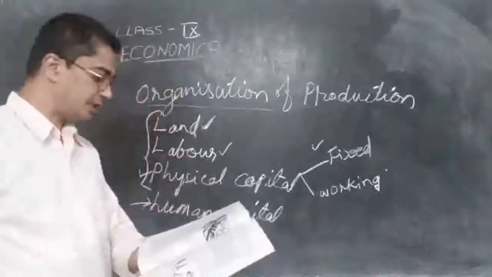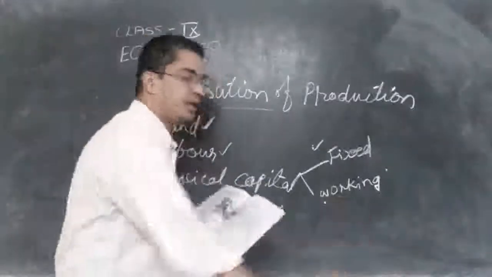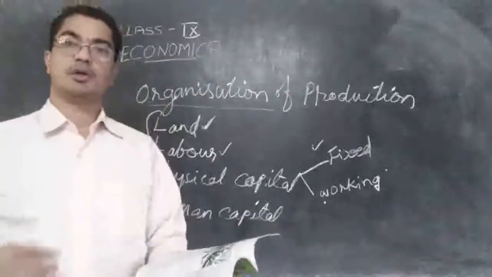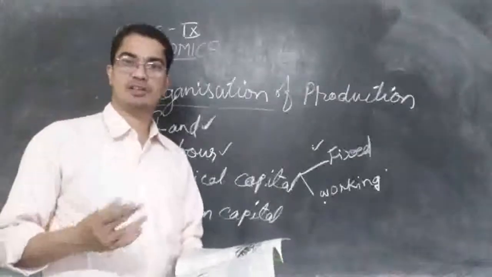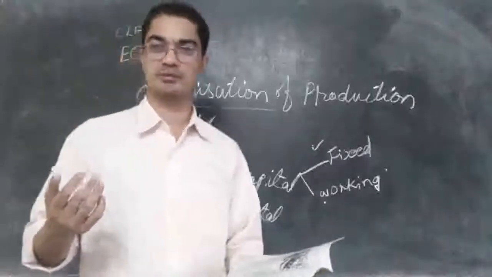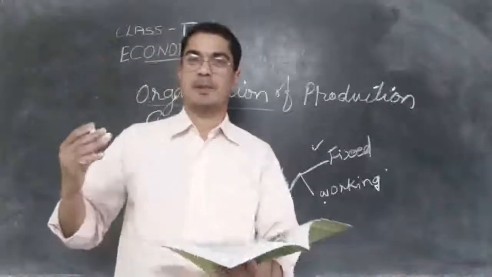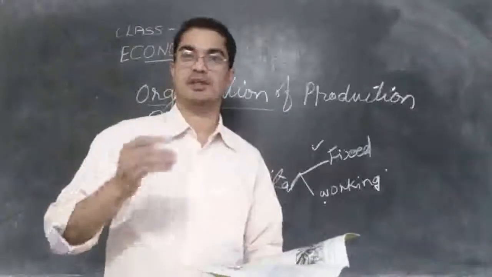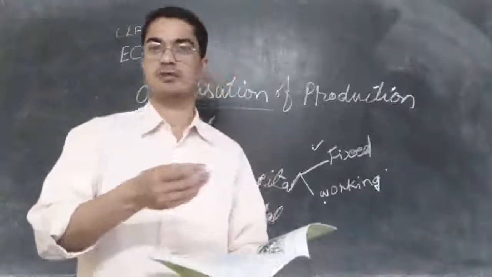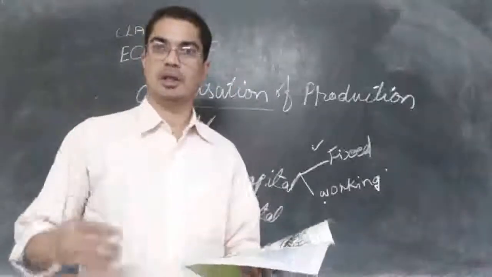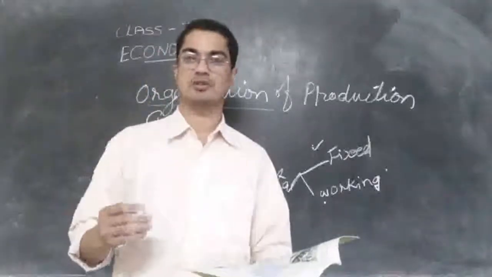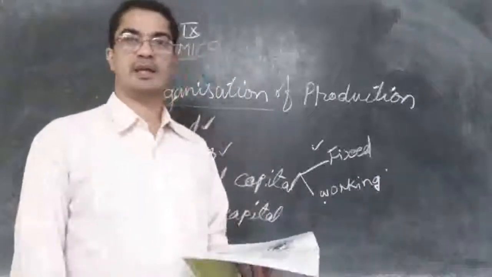Then there is another called working capital. What is working capital? In order to produce something, the machine alone is not enough. We need to put something inside the machine. Then only the product will come out. If you want to make clothes, we need to put cotton inside. Then only from the cotton can we take out clothes. And for that we need money. To buy cotton we need to pay money. So these are called working capital.